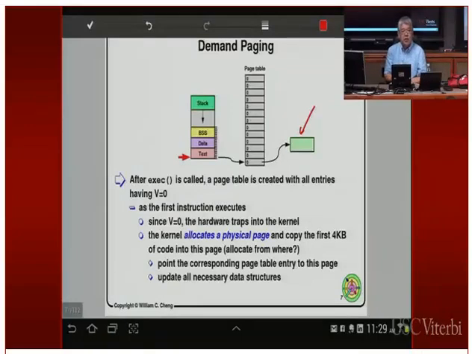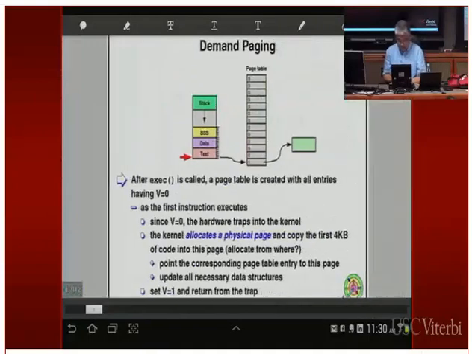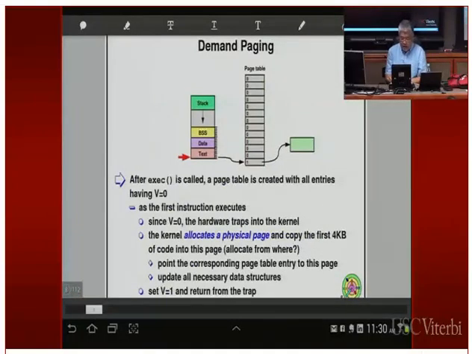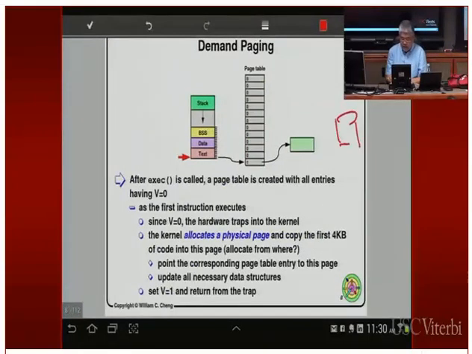This page is where the data is supposed to go, and then you initiate a disk operation to transfer data into this page. The disk will transfer data into this page, and during that time you probably want to lock down this page so that it doesn't accidentally get swapped out. Eventually, when this page is filled with data, the disk is going to generate an interrupt. In the interrupt service routine, you start off another disk operation and you unblock a thread.